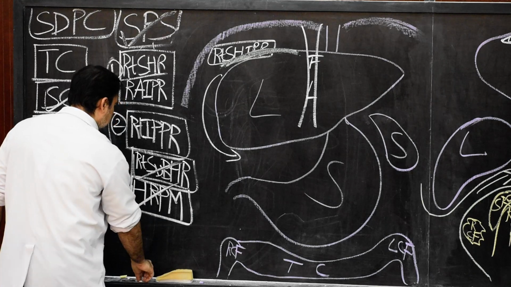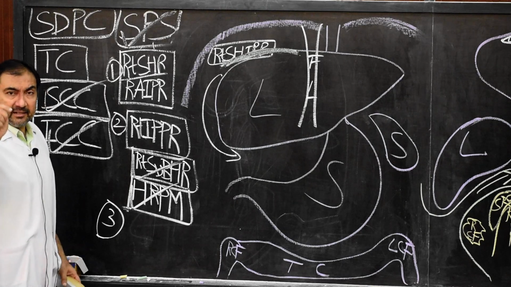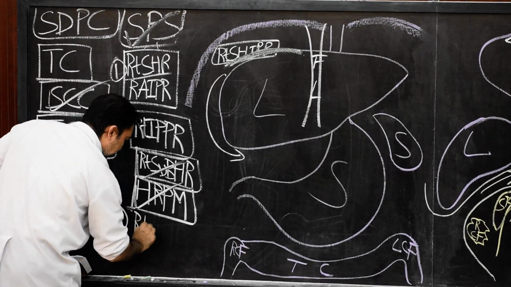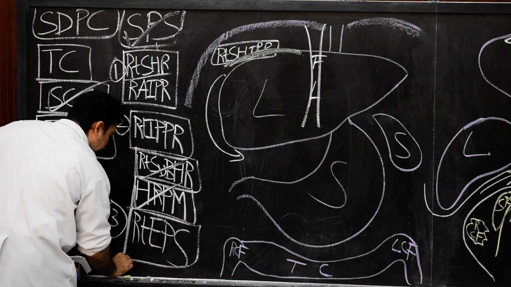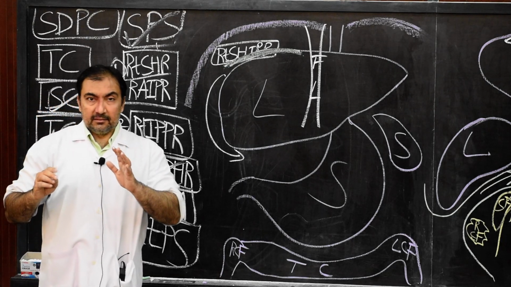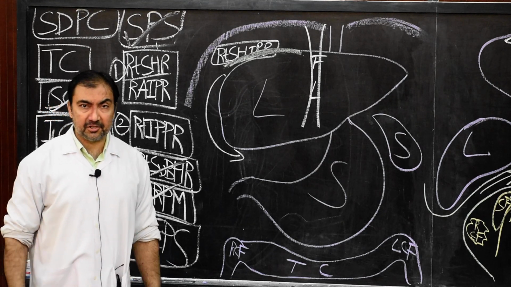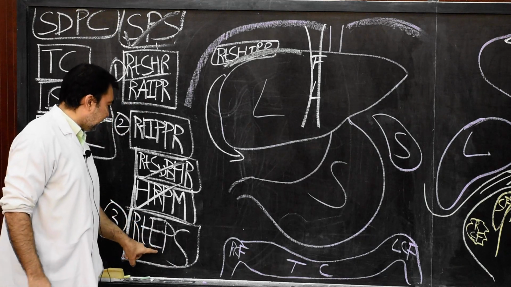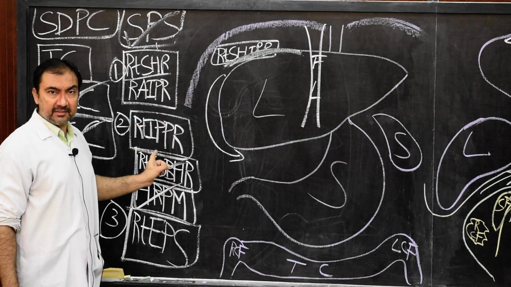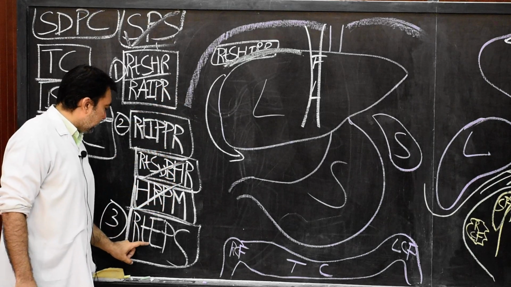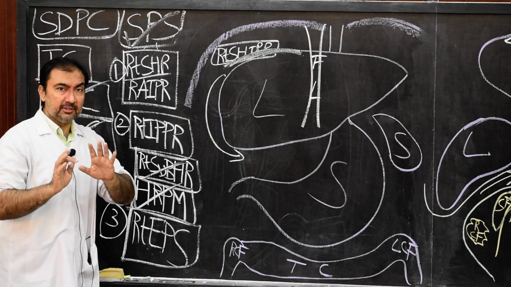subphrenic space. And the third subphrenic space will be, if I just write it on this side, the right extraperitoneal space. Remember, out of the 6 subphrenic spaces, 3 on the right and 3 on the left, there are 2 extraperitoneal spaces which I had mentioned, one on the right, one on the left. So this is the right side extraperitoneal space. We have finished the previous two spaces, the right suprahepatic space and the right subhepatic space. Now the third one will be the right extraperitoneal space.